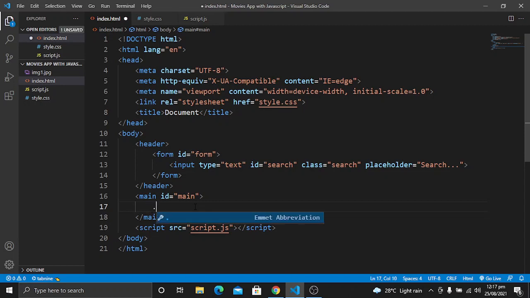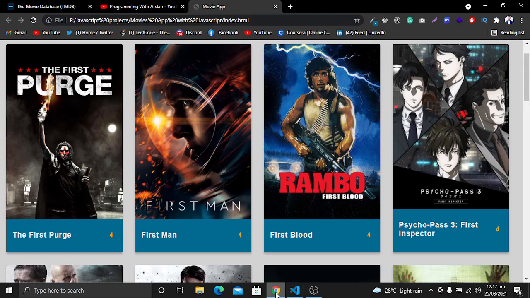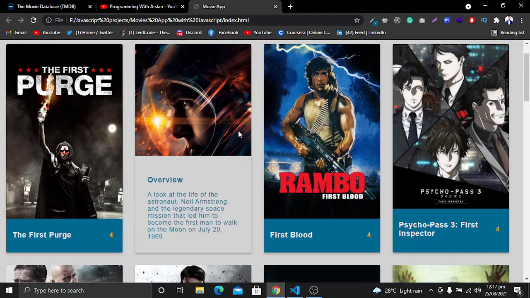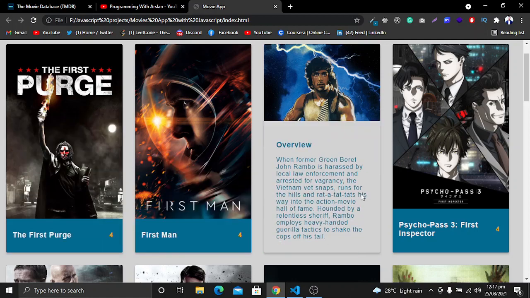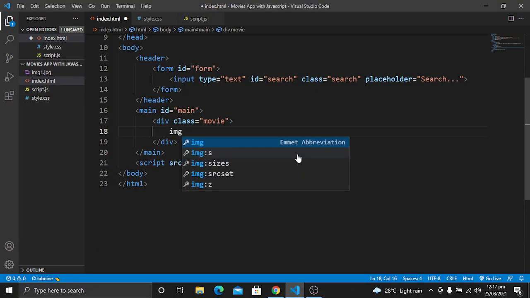So let's create a class. It will be a div with the class of movie, and in this movie we will have these images, this title, the rating, and the overview that we are seeing here. So let's go to our HTML file, and first of all we will have an image.